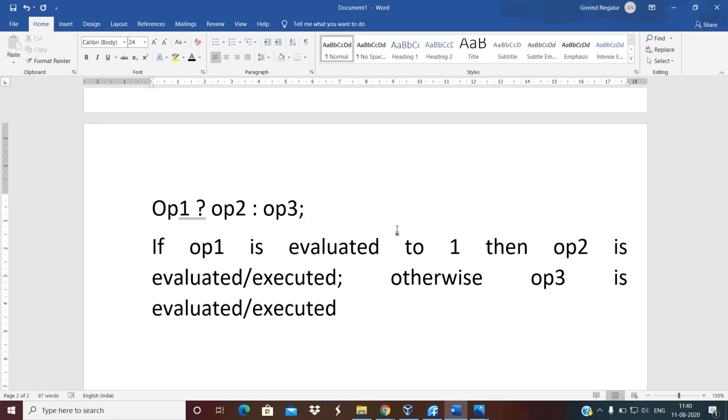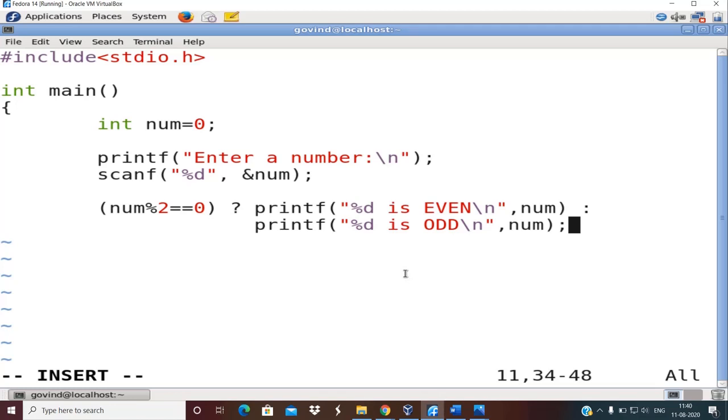Okay, so formally the decision making is handled in C using if else constructs, but without that also you can do it by using the ternary operator. It's actually a small hack you can think of. Now I'll quickly come back to this program because our time is running out. It is already 11:40 and by 12 o'clock I have to finish it, right?